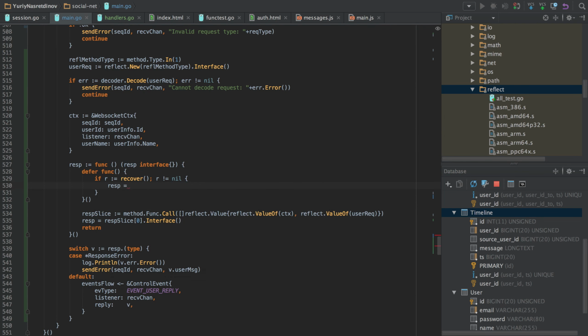So we should do something like creating a new response error, and that's it.